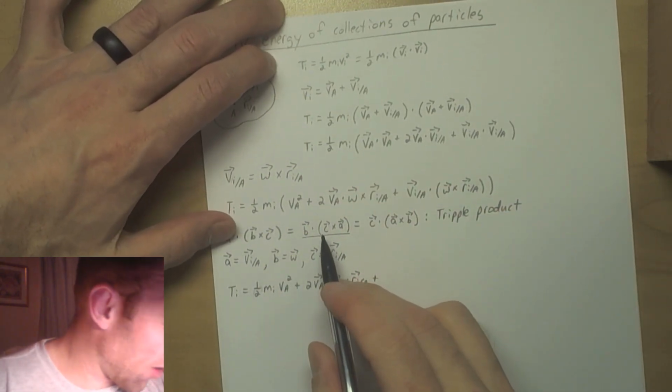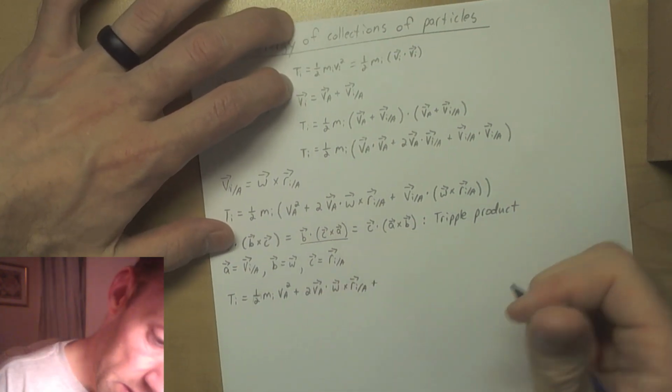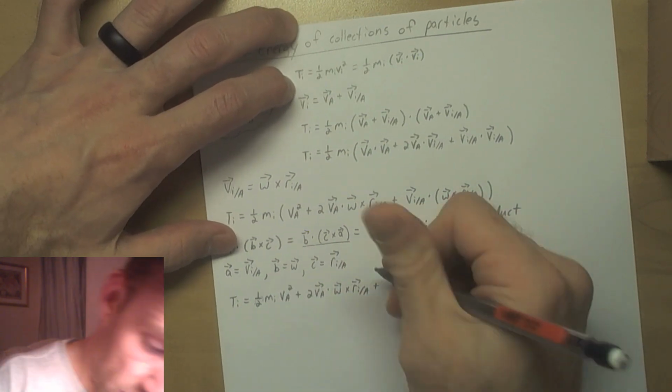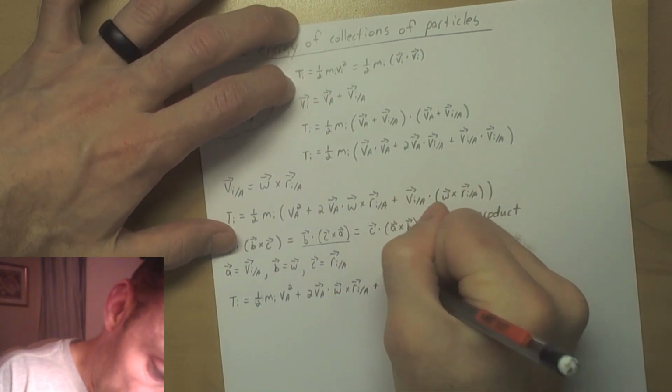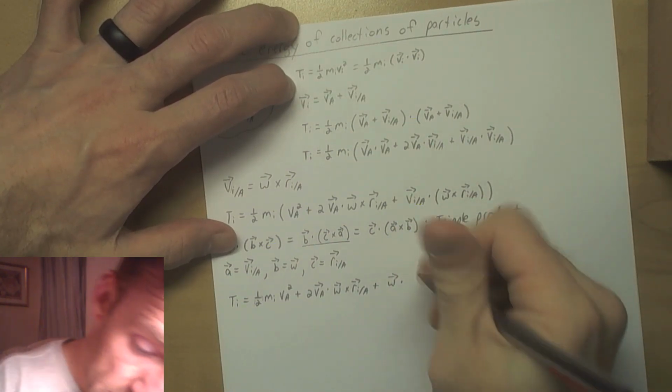And so in that permutation, we wind up with, let's see here, so B shifts to the outside, so we have omega dotted with